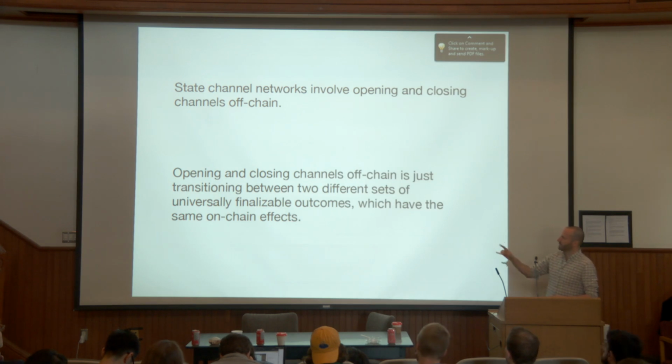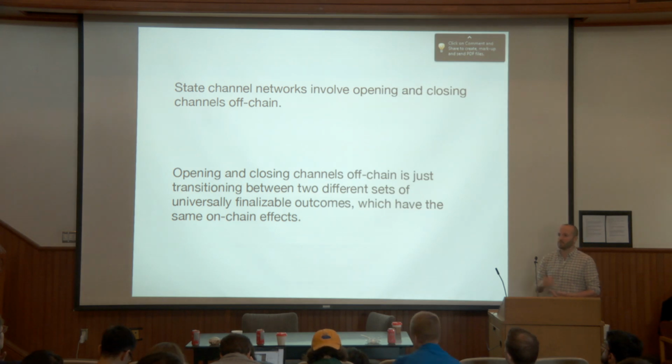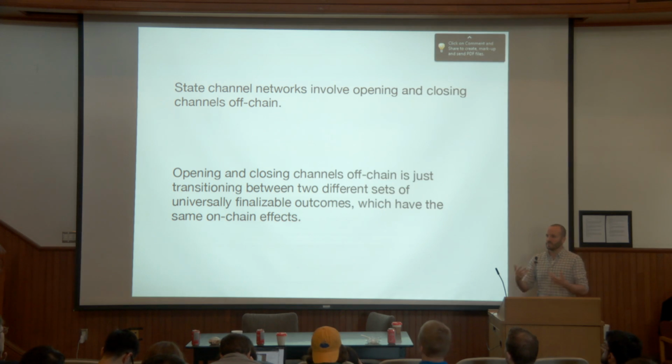And this is the observation. Opening and closing channels off chain is just transitioning between two different sets of universally finalizable outcomes, which have the same on-chain effects. So what this is saying is when you're opening and closing channels, you're just rewriting the situation. And I think this is the basic logic that applies to all state channel networks that do this in some way. But it's kind of nice to think about this because then you can begin to construct proofs